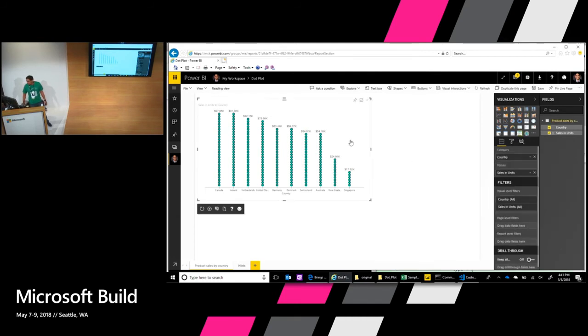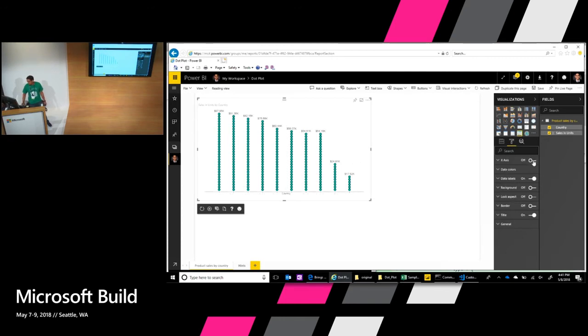And I can do things on this format pane to make modifications to my chart. Maybe I'm turning the axis off or turning it on, et cetera. One of the things that we want to do here is I'd actually like to modify this visual so that I can control the size of my dots, give them a radius. And so I'd like to build that into the visual and surface a control here so users can go in